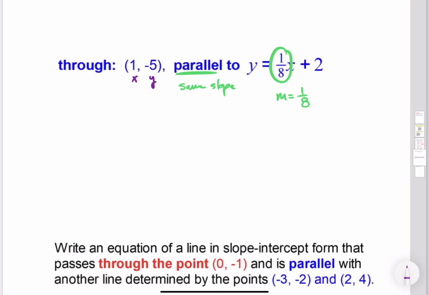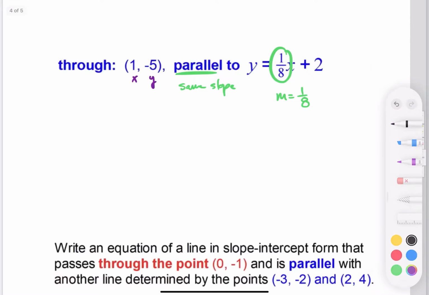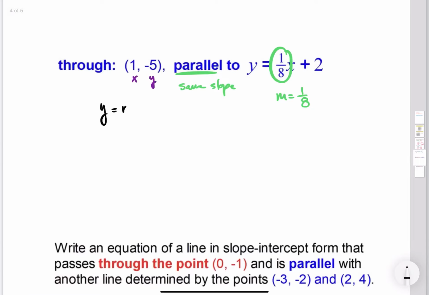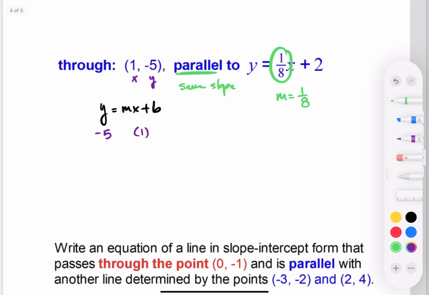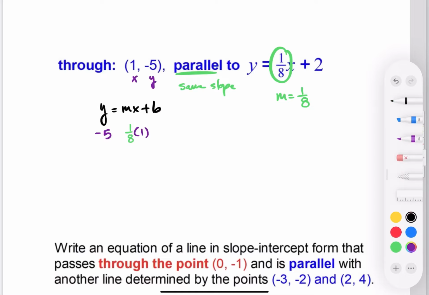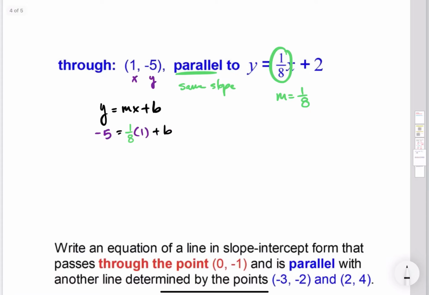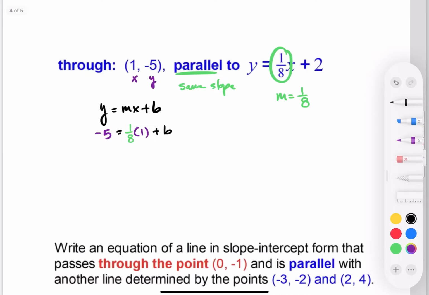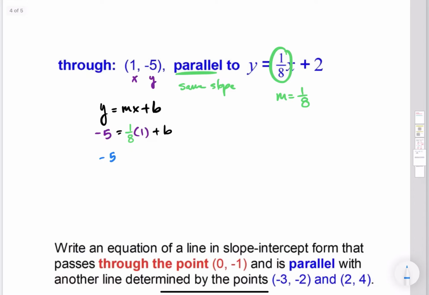So once again, I'm just going to substitute everything into my slope-intercept form. Y is equal to mx plus b. And y, in this case, is negative 5. X is 1. And my slope is 1/8. I'll bring everything else down. I'll bring down the equal sign and the plus b. So now I have negative 5 is equal to 1/8 plus b. And we want to get b by itself, so once again, I'm going to subtract 1/8